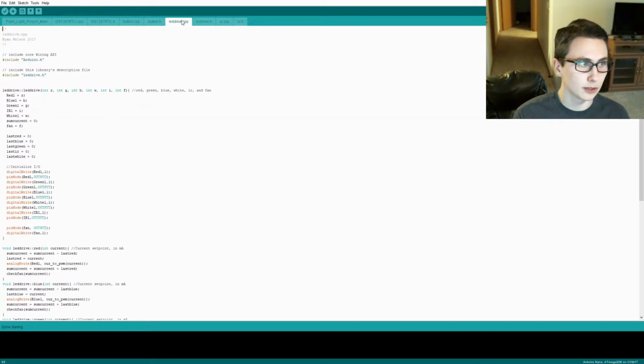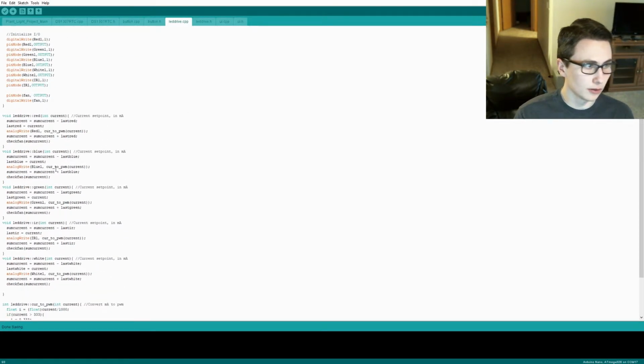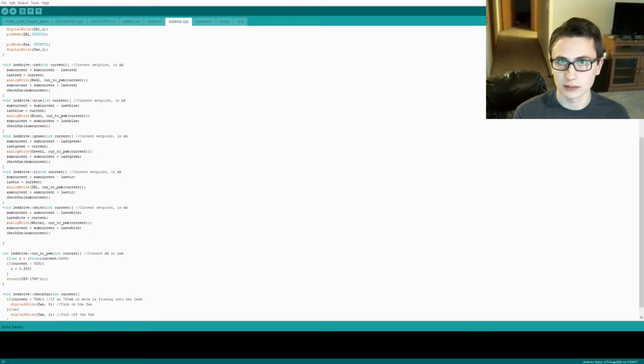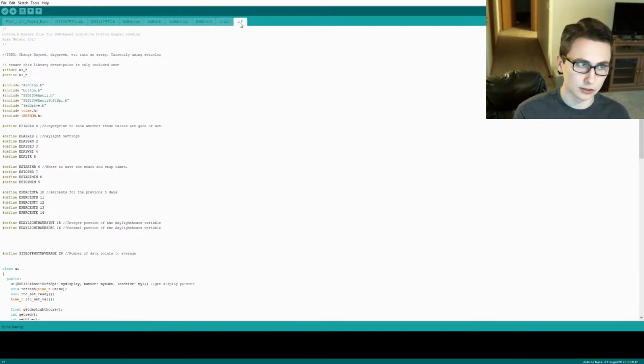So, pulling up the code, it appears as one might imagine. Here there are the 5 methods that can be called. It manages the sum of the total current flowing by first subtracting the old current set point and then adding the new current set point. Then it calls the helper method that'll turn on the fan if the current is high enough, or turn it back off if the current has decreased below the threshold, which brings us to the UI class that is a total